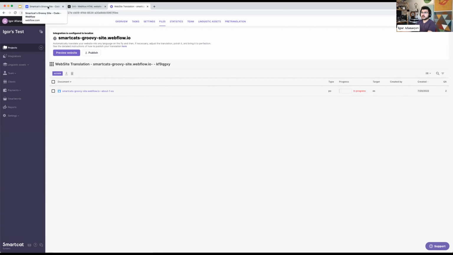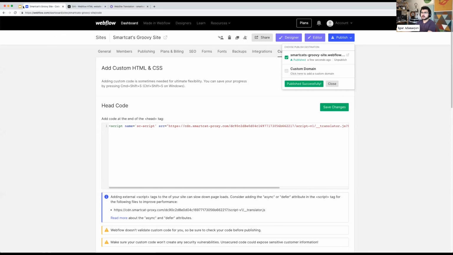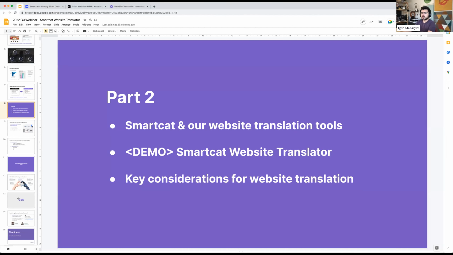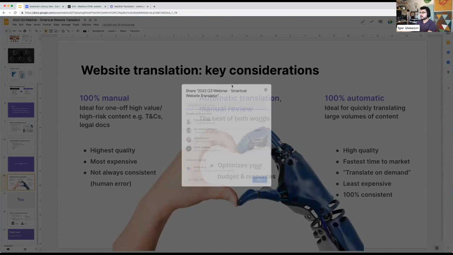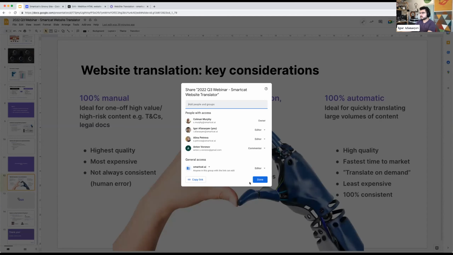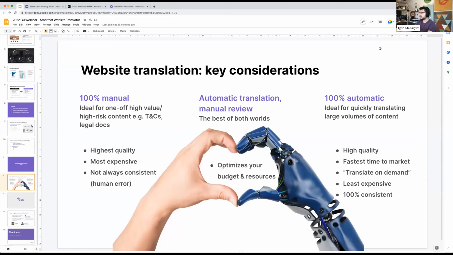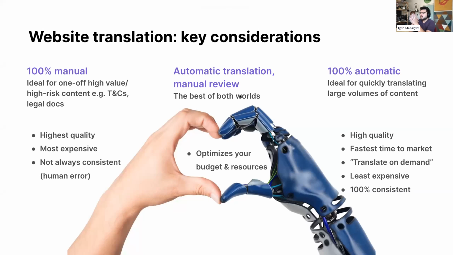Now, going back to our slides, the conclusion and the last slide that I want to present here is this one. Sorry, wrong button. So what I just want to say, closing this demo, is that you have a range of